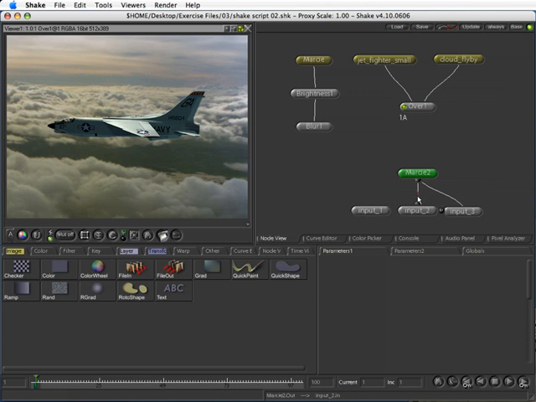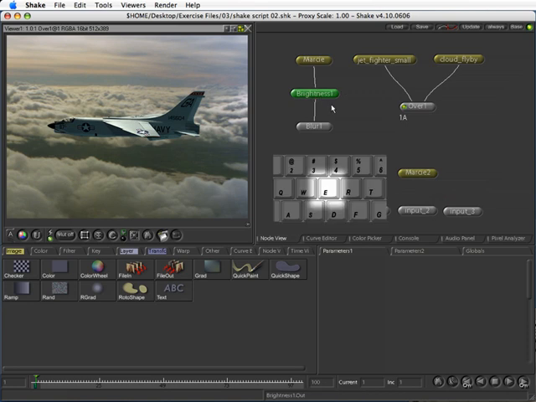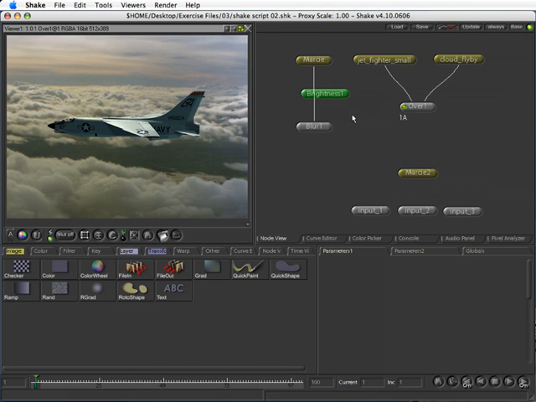So light it up, delete. There's another way that you can extract a node. We'll come up and select the Brightness node, and then I'll hit the E for extract. It's no longer connected. In fact, if I had 10 nodes selected, the E button would have extracted all 10